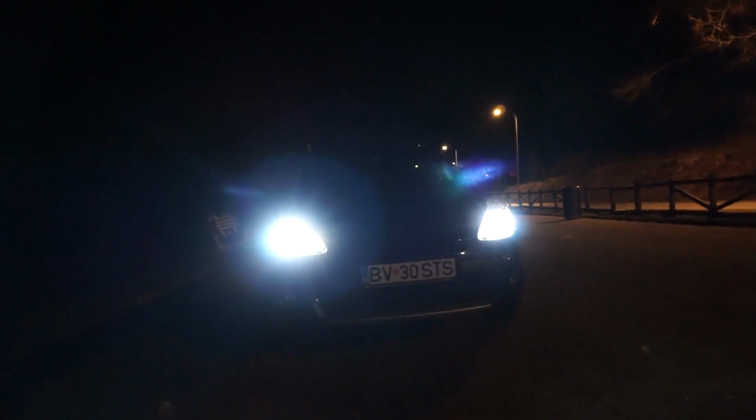They all have around 1500 or 1600 lumens. These bulbs, the Diamond Vision ones, only have around 950 lumens, so basically they light up the road 2 times worse. I will show you the footage, and I hope my